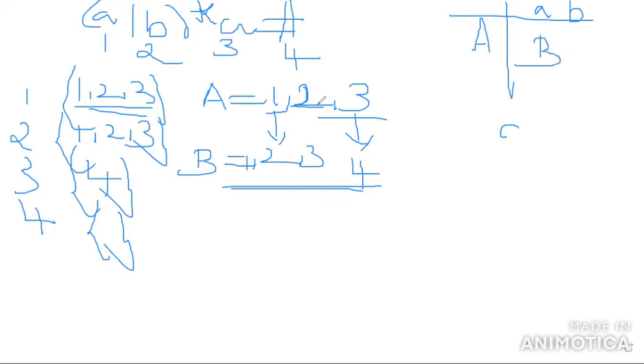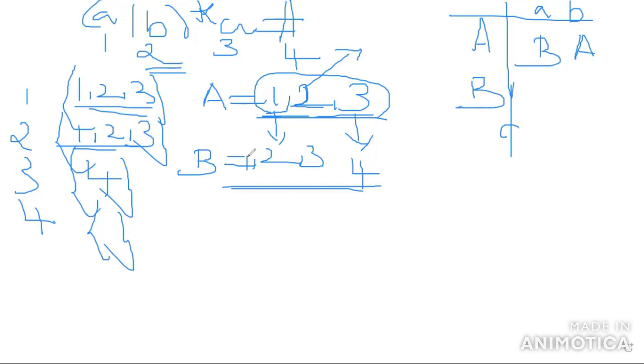Then A on b: out of 1, 2, 3, what is the position of input symbol b? Only 2. The follow position of 2 is 1, 2, 3, which is already available. So A on b is A.